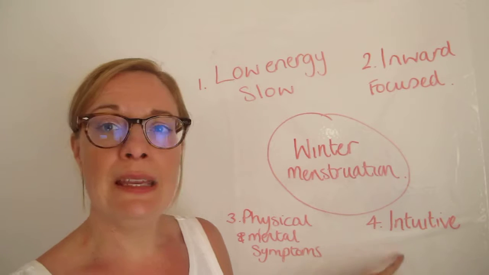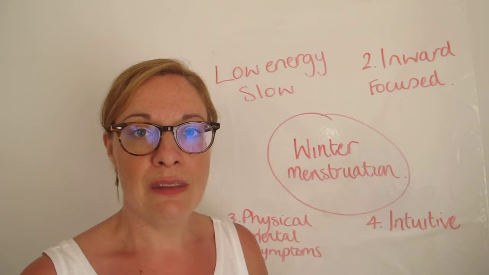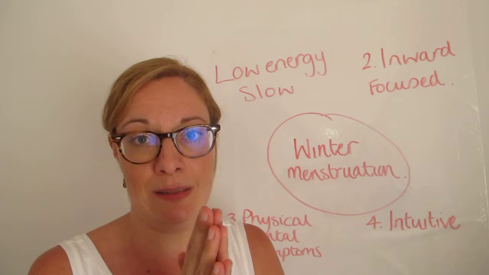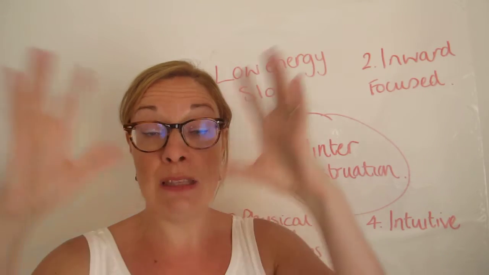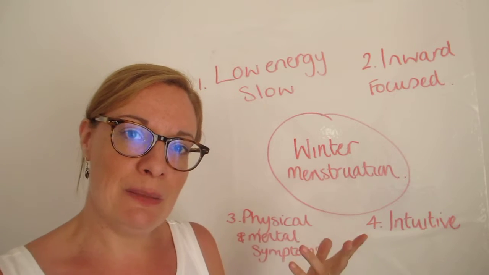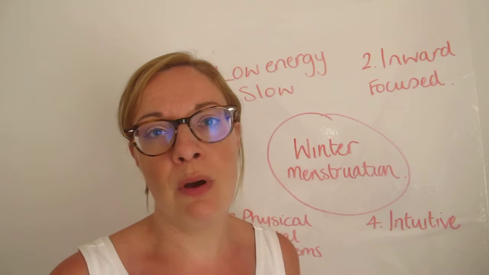And this is a really key point in your cycle where you're highly intuitive. The left and the right hemispheres of your brain are working much more closely aligned, which allows the ability to see the wider picture very, very clearly, very easily. There is a really special gift during this phase that really, this is the no bullshit phase. And what I mean by that is